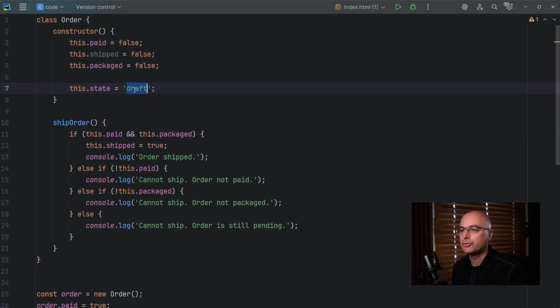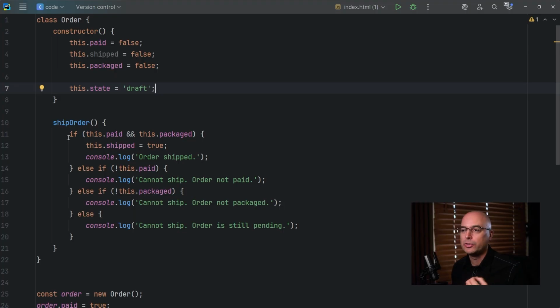In this case, we have a string. We could have an enum or integer from 1 to 5 or something like that. But we are still depending on some strings here. It would be easy to make a spelling mistake here and maybe change this state to something in between or something that's not accounted for in the code, and weird things will happen. Also, there is no encapsulation of functionality here, so all the order methods behave the same way, whatever the status is. To prevent that, maybe we don't want this shipping order to fire, like in this example, unless all the